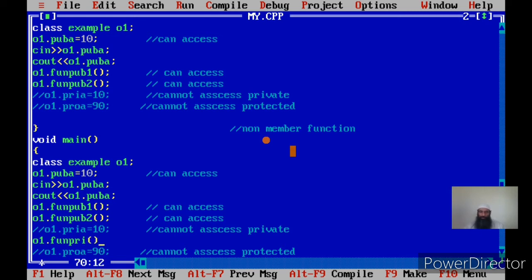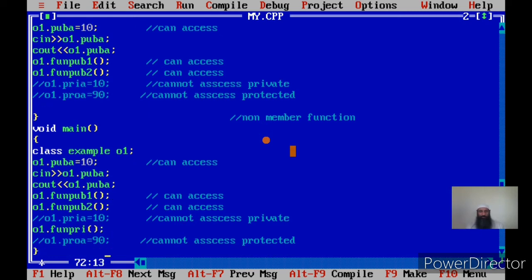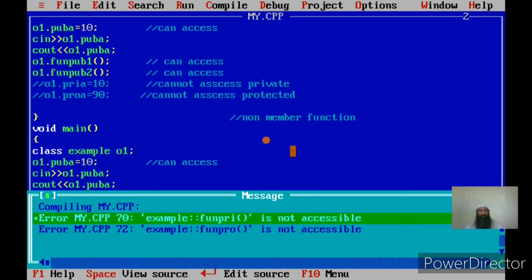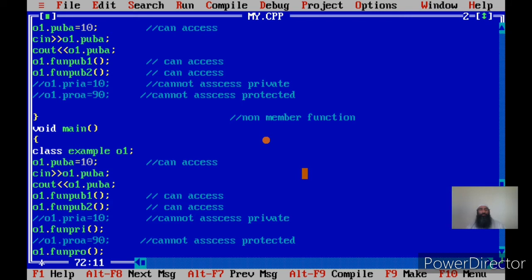I'm making a call to this function using the object name, and again I am making a call to the second function using the object name. Protected function. Now if I make a call, you see we'll get two errors. These two functions are not accessible because one has been declared in the protected section and another in the private section.